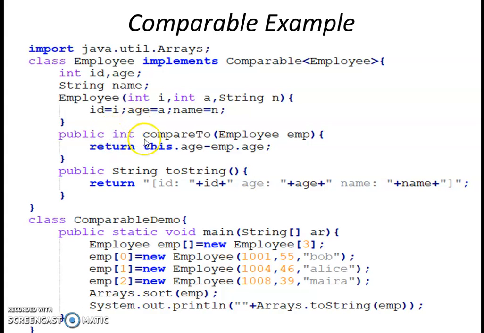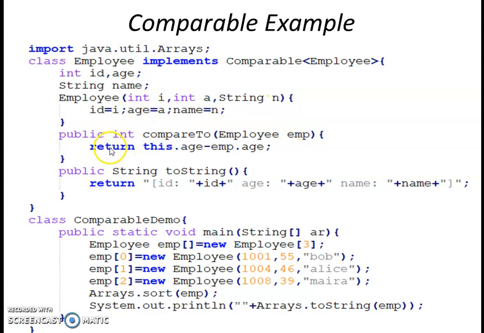While overriding the method, we put the public keyword. This compareTo method returns an integer value and it takes an object of the class whose object we want to compare. So that's why here we have written Employee and the object name is emp, right?